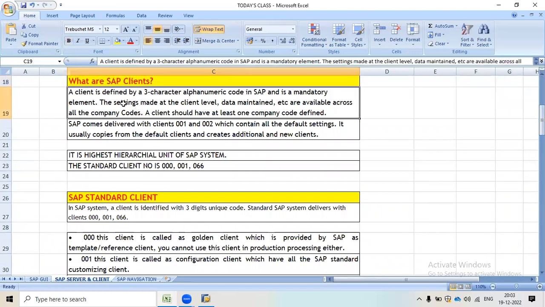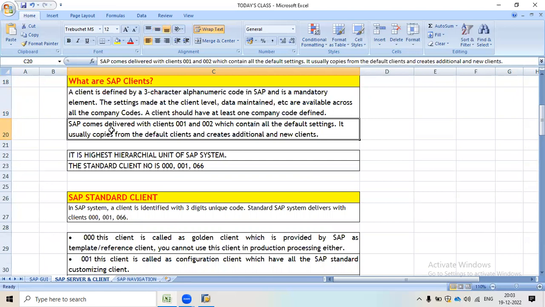A client is defined by a 3-character alphanumeric code in SAP, and it is a mandatory element. Settings made at client level and data maintained are available across all company codes. A client should have at least one company code defined, and it is the highest hierarchical unit of the SAP system.